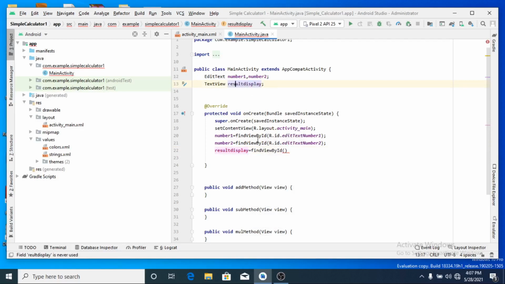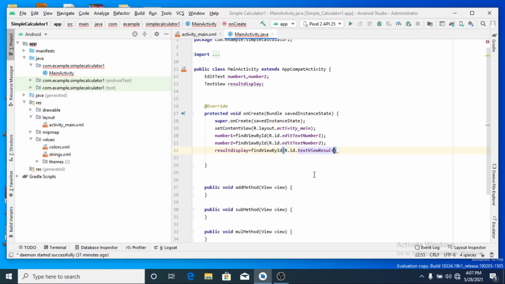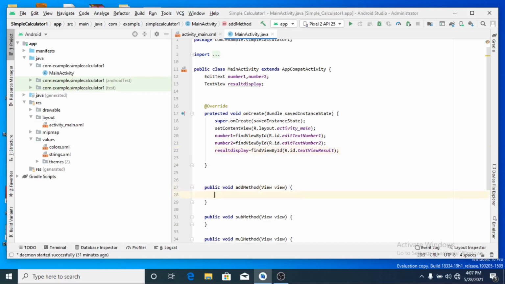Okay, here some typing error is there. Find view by id R dot id dot, which one? Text view result, correct? Right, I have connected both design and Java objects. Okay, then now I have to write the functionality of each of them, isn't it?